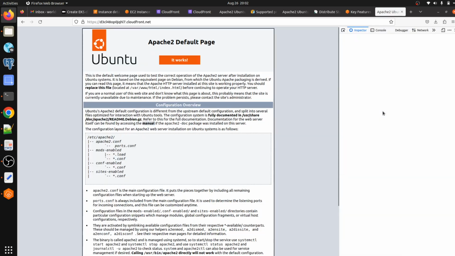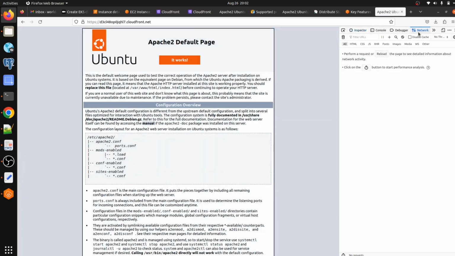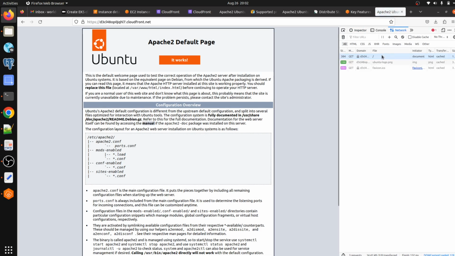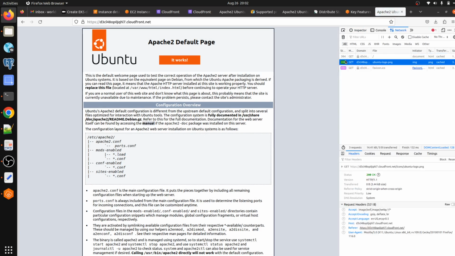and click on inspect, click on network, click on all, then click on refresh. So we can see the response from CloudFront here.